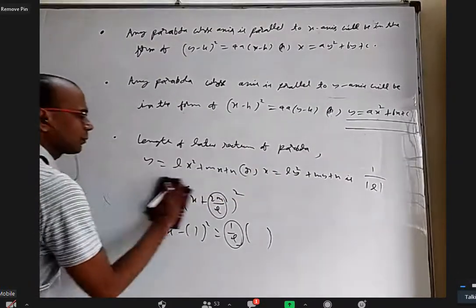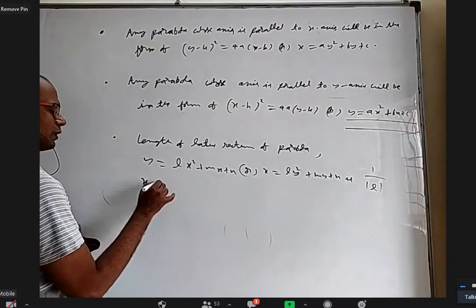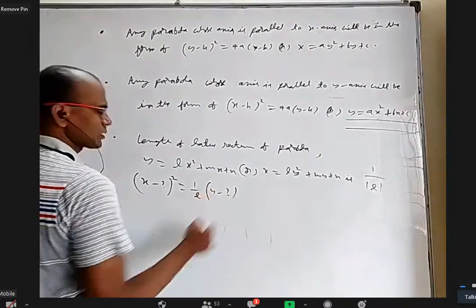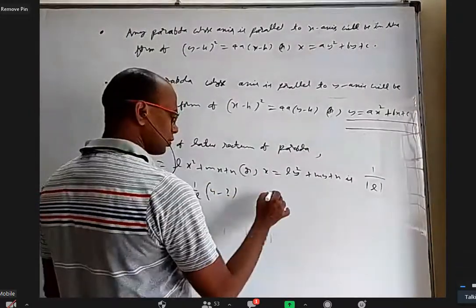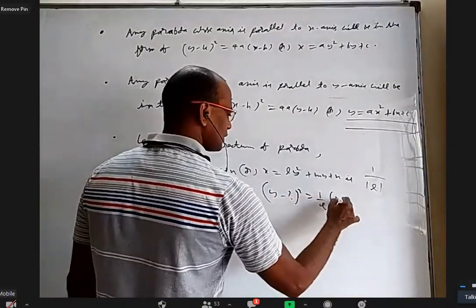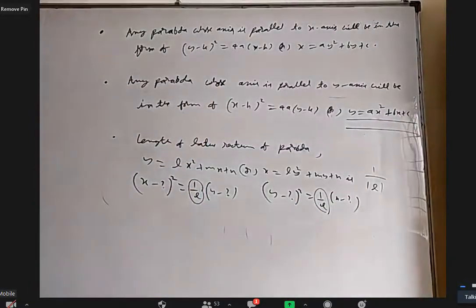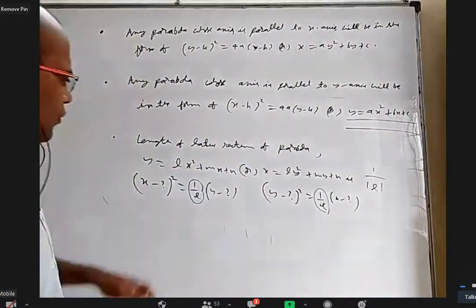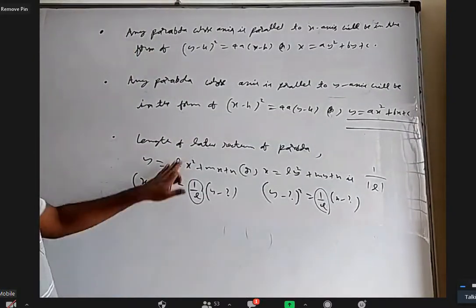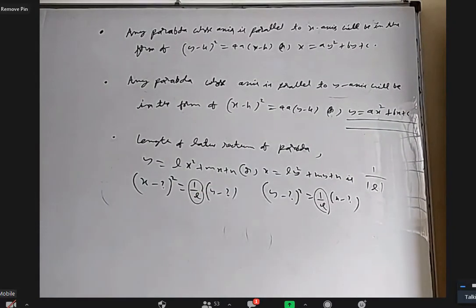So when you make a perfect square suitably, definitely this is going to come: x minus something, I don't need what that is, equal to 1 by L into y minus something. And this is definitely going to come: y minus something whole square into 1 by L equal to x minus something. This should be 4a. It may be negative, to make it positive, I'm putting mod. So when they want the length of latus rectum, you don't have to find all this, like perfect square. Simply 1 by L is the answer. Is it okay?